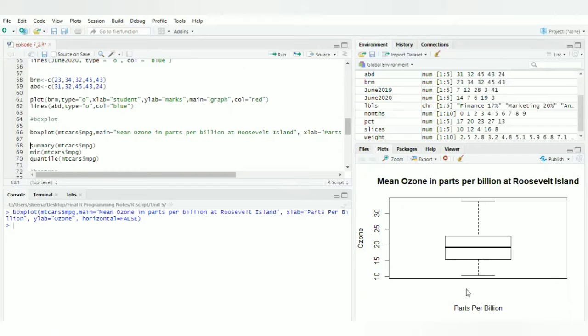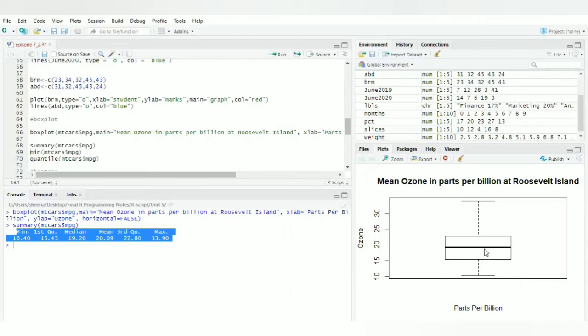Now how to interpret this box plot? This is your minimum value. If I run summary, you can see the minimum shown here is 10.40. So you can see 10.40, this line is the minimum line. Then first quartile, 15.45. Here we can see the first quartile.